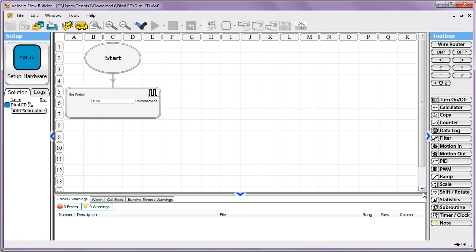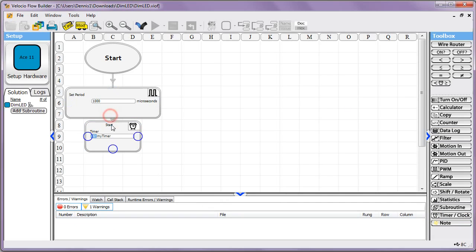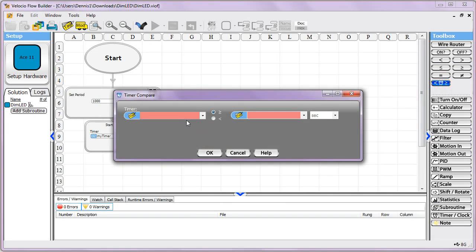The next thing we do is I'm going to make this dependent on time, so we don't need any external analog signal or anything, so it'll run on any PLC. But you could easily base it off something else. In this case, I'm going to do time, so I'll use a timer, and I'll call it my timer, and I'll start it. And I'm going to want this cycle to happen, let's say, every 5 seconds. So we'll see if my timer is greater than 5 seconds, which is the same thing as 5,000 milliseconds,